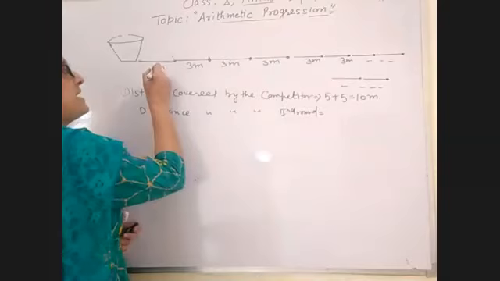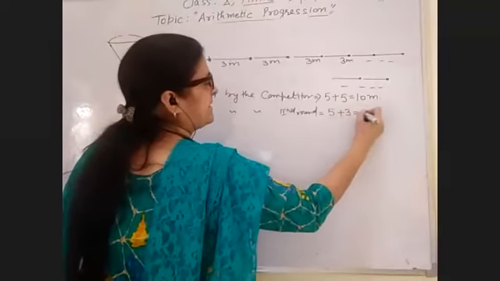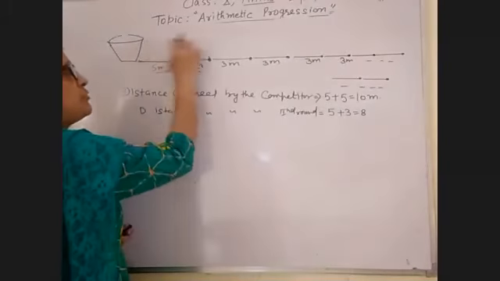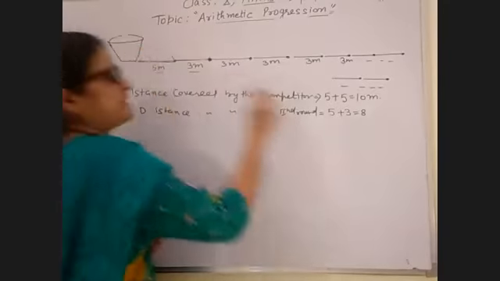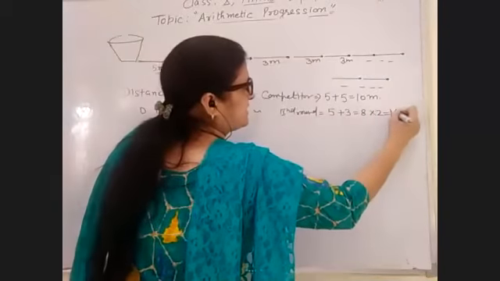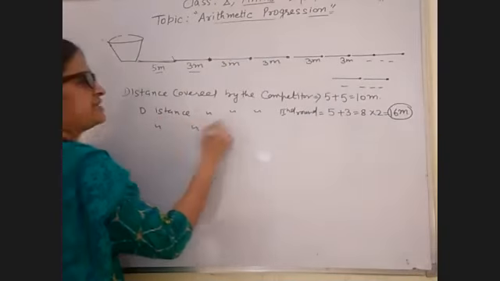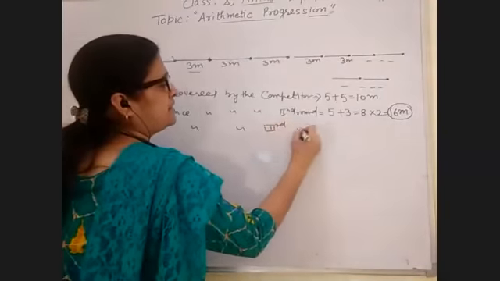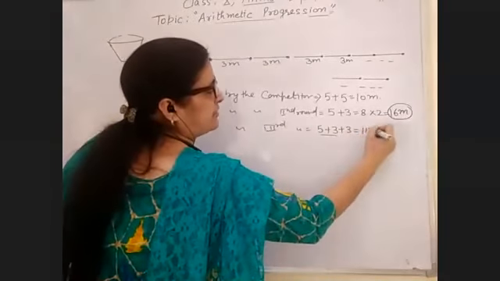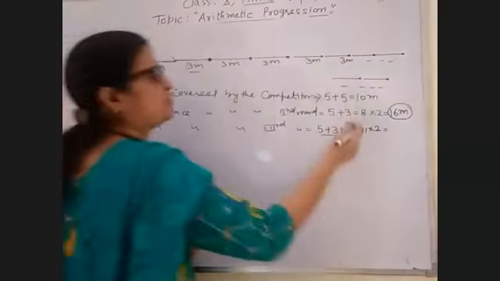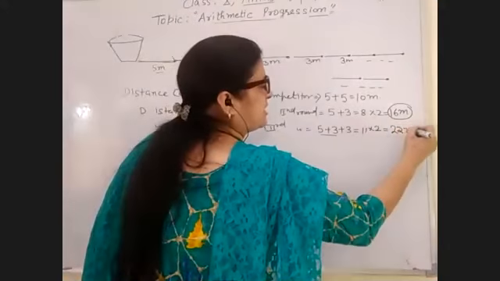And again at the second time 5 + 3, एक बार 5 मीटर + 3 मीटर, 8 मीटर. तो सेकंड पोटैटो पिक करने के लिए पहले गई और फिर वापस कम बैक किया. तो 8 × 2, तो टोटल डिस्टेंस कितना कवर किया, 16 मीटर. सो थर्ड टाइम कितना डिस्टेंस कवर किया, थर्ड राउंड में 5 + 3 + 3, 5 + 3, 8 + 3, 11. और फिर वापस कम बैक किया, पोटैटो को बकेट में डाला. तो कितना डिस्टेंस कवर किया, 22 मीटर.